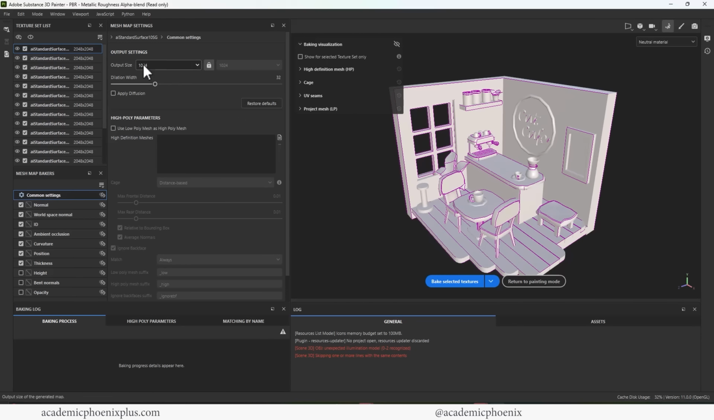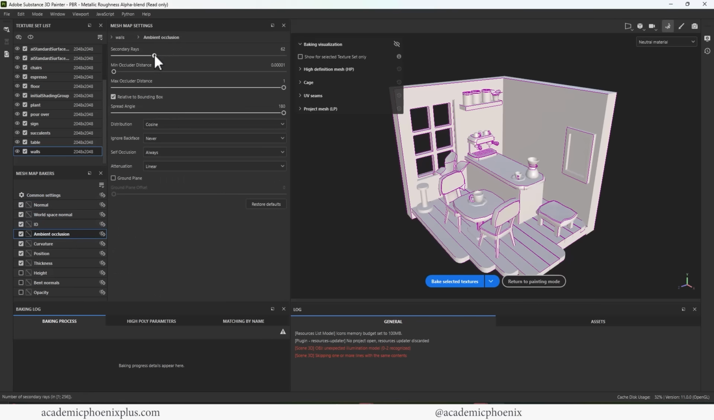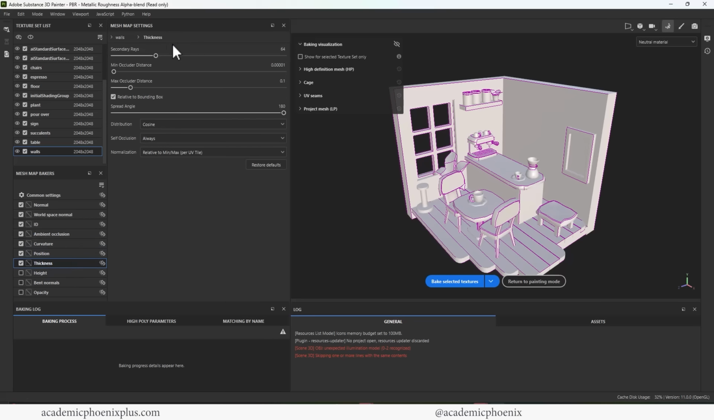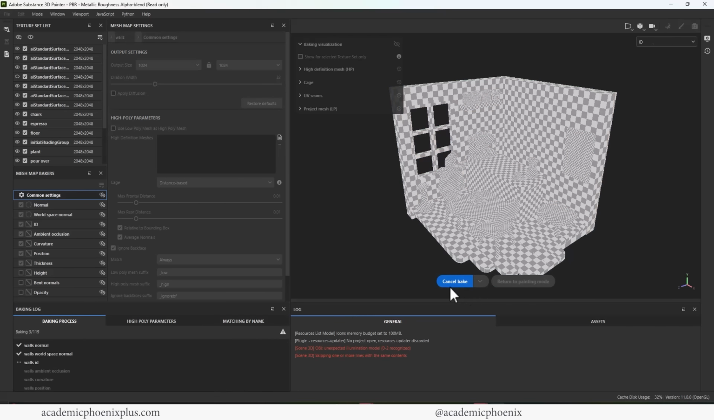Let's see, the output size right now is 1024. That works. So we're going to go through and change my ambient occlusion secondary rays to 256. Same thing for the curvature. And then same thing for the thickness. Everything else looks good. And then we're going to bake, and it's going to take a second, but this is always fun to watch